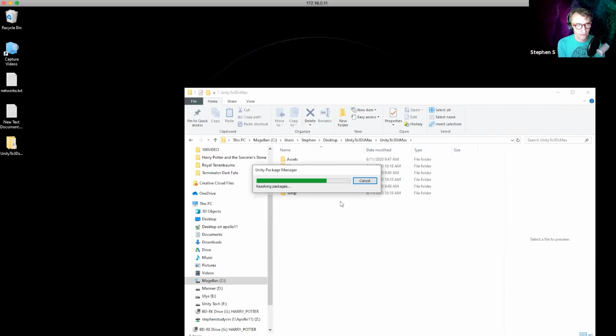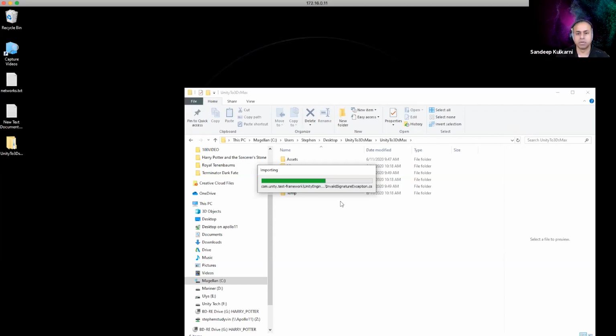Cool, and that might take a little while. So once it does, it's going to open up this project, and that'll pretty much show you. Sometimes it takes a little while, so I'm stalling while Unity installs it. But you should see the same process. So this might be a good time for you guys to try that out. If you haven't been following along, we can come back to the slides and look at each step along the way. And so while mine's importing, we can take a look at the slides.